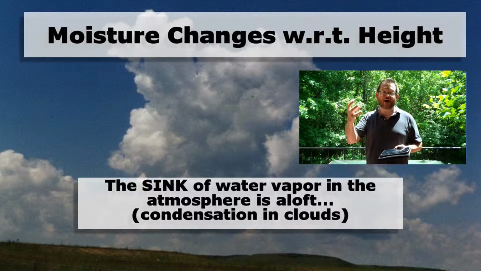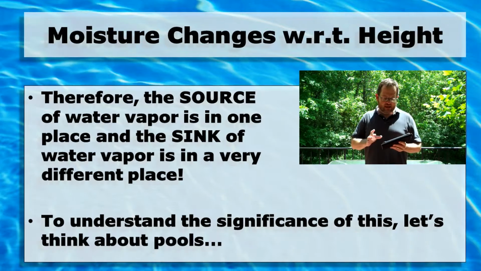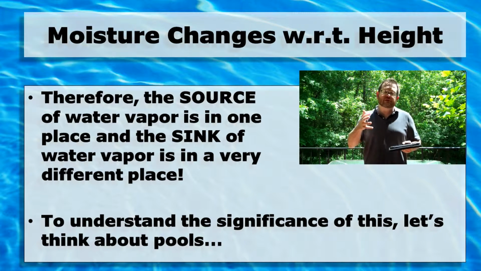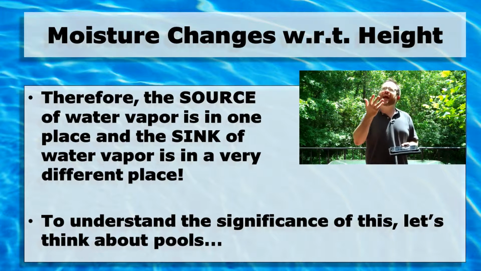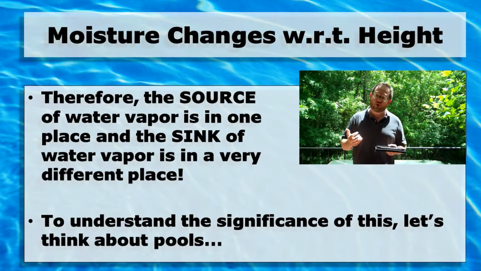They take the water vapor out of the atmosphere to make clouds and eventually raindrops and so on that take that water back down to the ground. But notice that there's an important difference here. The source of water vapor and the sink of water vapor are at two very different places. The source of water vapor is down at the surface, and the sink of water vapor is up high in the Earth's atmosphere. And that's going to tell us something very important about the distribution of water vapor in the